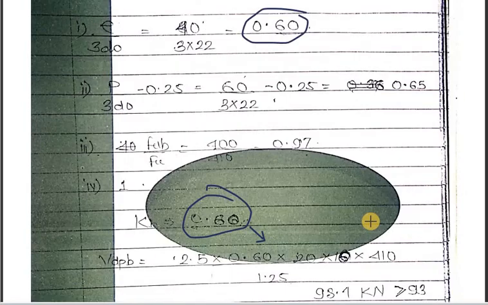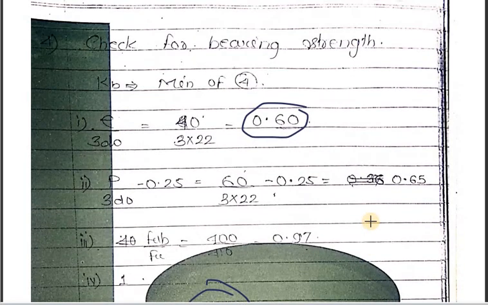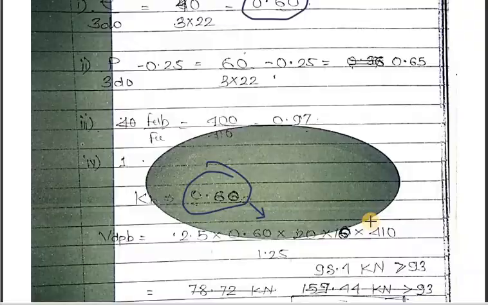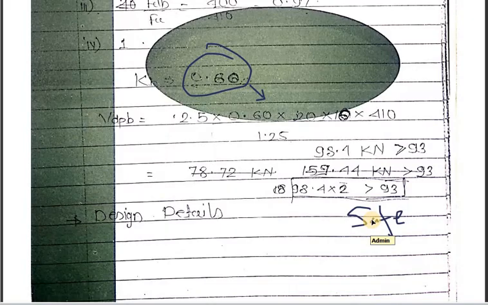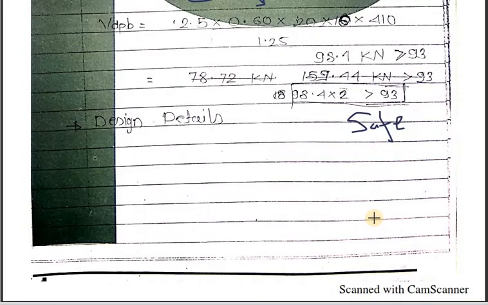So in this way we have introduced the concept of how to find out the number of bolts required if the thickness of the two plates is different. If the thickness of the two plates is different, this is the concept used to find out the bolts when two plates having some difference in thickness are to be connected.